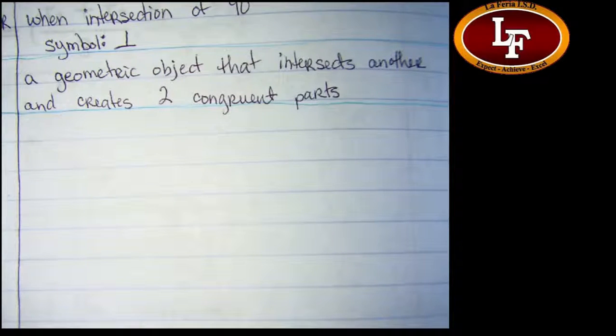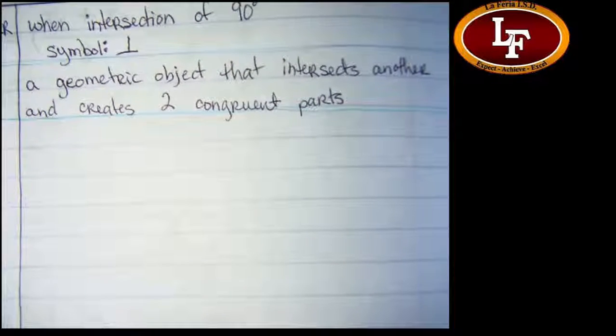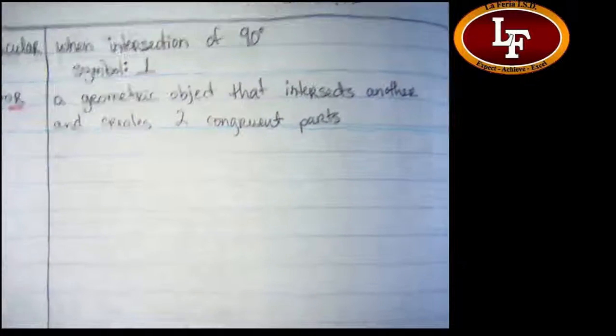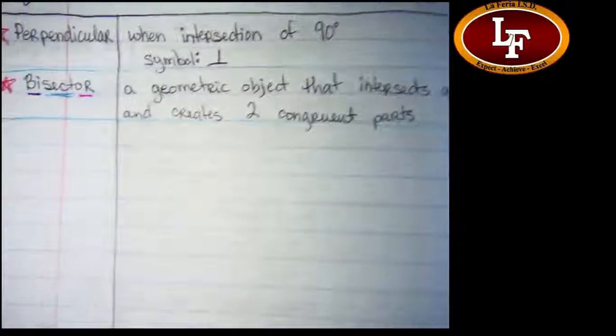So I said that today we were going to do construction of perpendicular bisector. We were going to make one of these things. And using these two definitions, what do you think this thing that we're going to create today is going to do? Something that intersects at 90 degrees. And does what? It makes two parts. And makes two congruent parts. Fantastic. So we basically just smash these two definitions together for the object that we're going to make today. All right, let's go ahead and do it.